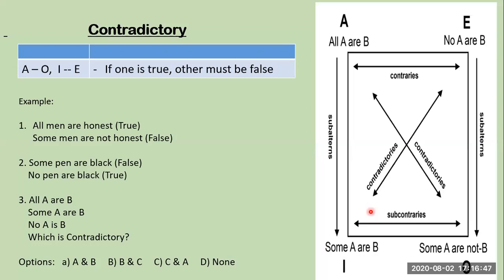Any doubts still? Chidananda sir has posed this question. I think it's clear. Can anyone give an example from your end? Give an example for contradictory. If you are studying this for the first time, it will be a bit confusing, but please listen carefully. It's very easy. Contradictory means opposite. If one is true, the other one will be false. Can I get an example from your end?